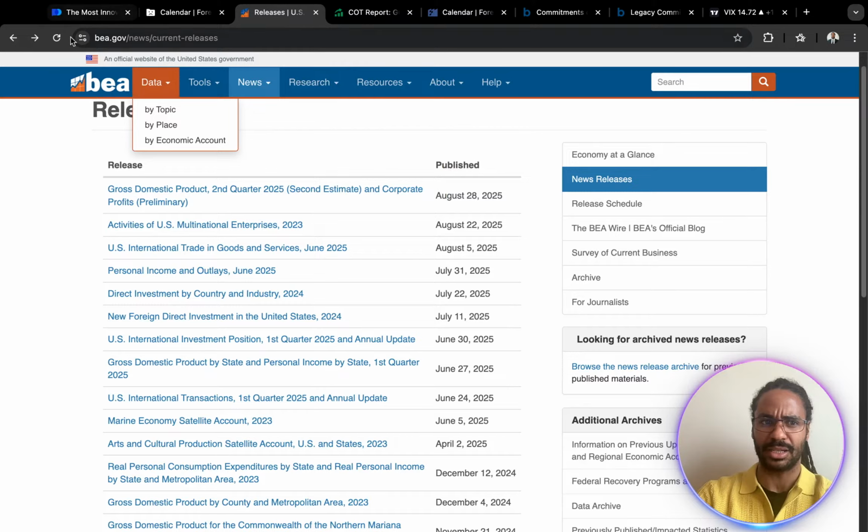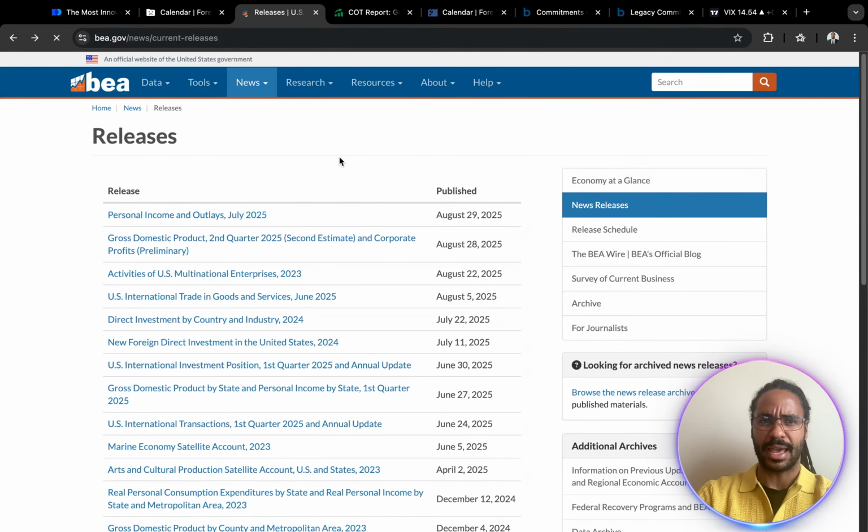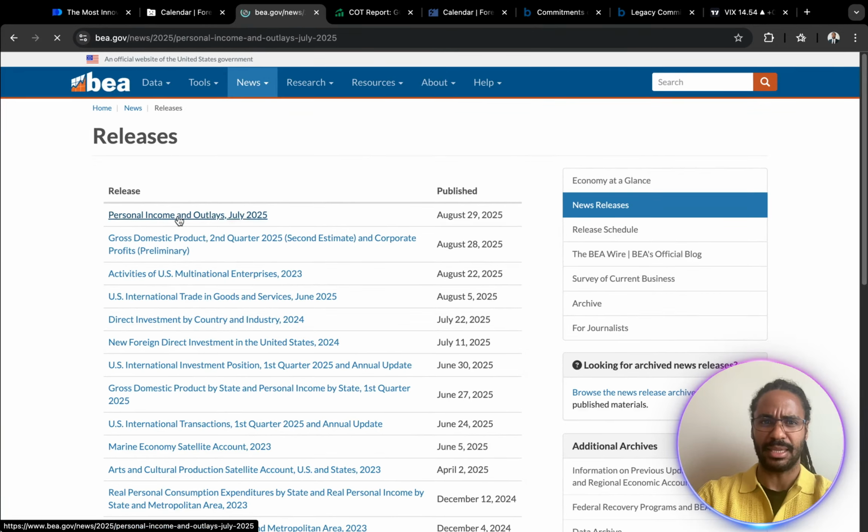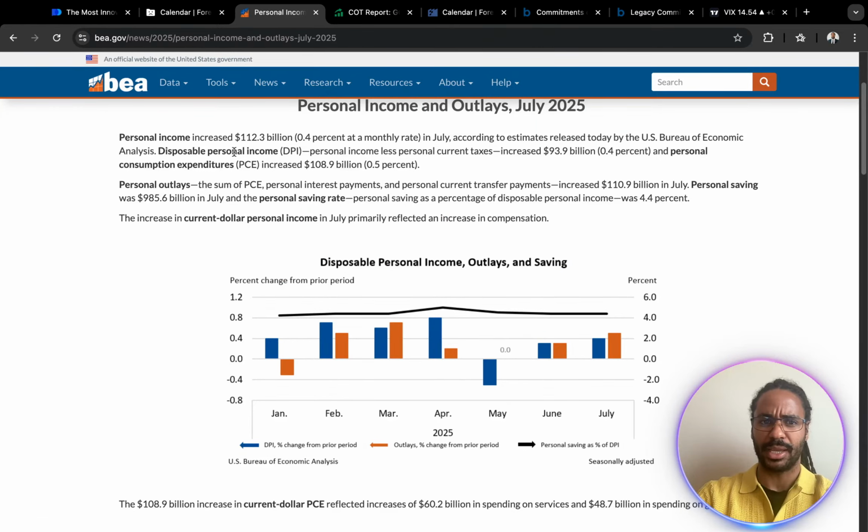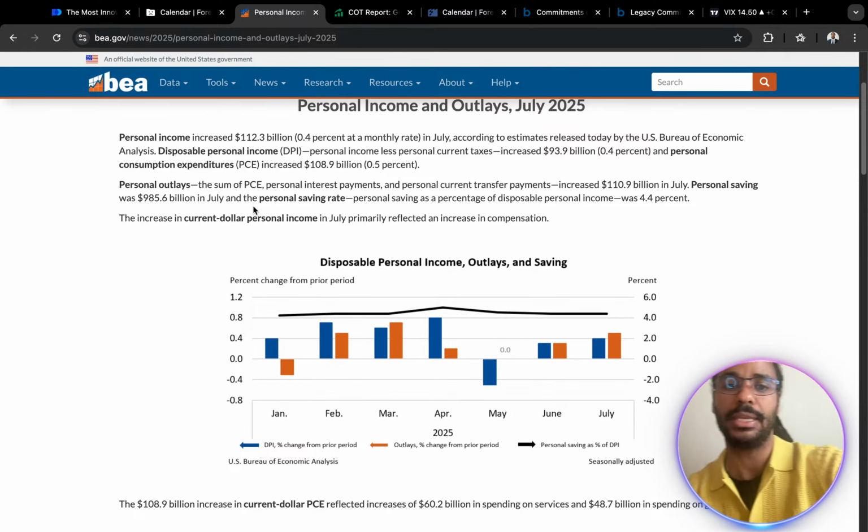The press release comes in, you have to refresh your page. There you have it. It's out, okay? And what do we have now? So we're looking at personal income increased by $112 billion, all right? That is 0.4% at a monthly rate in July, according to estimates released today by the US Bureau of Economic Analysis. Disposable personal income, DPI, has also increased by $93.9 billion. And personal consumption expenditure increased by